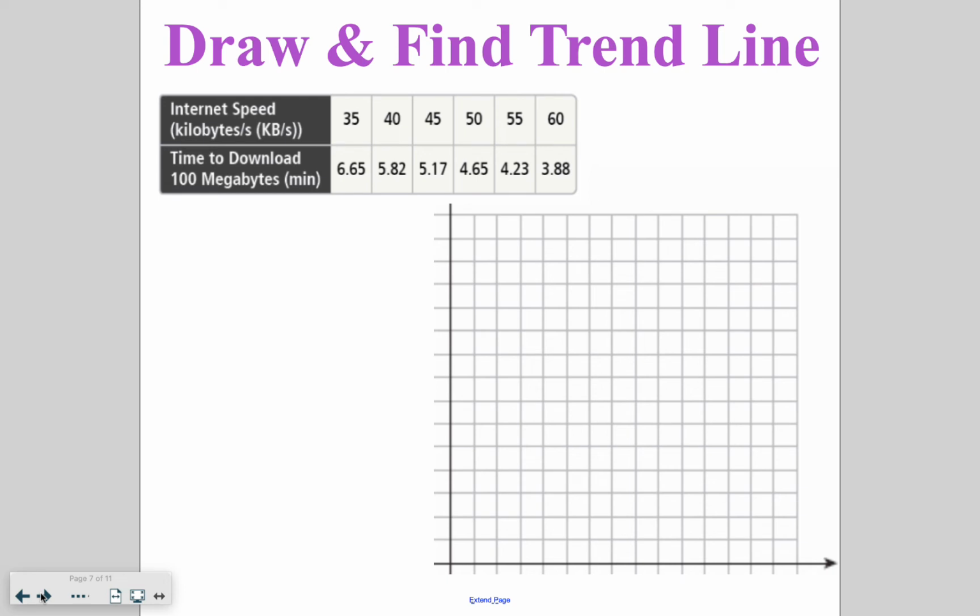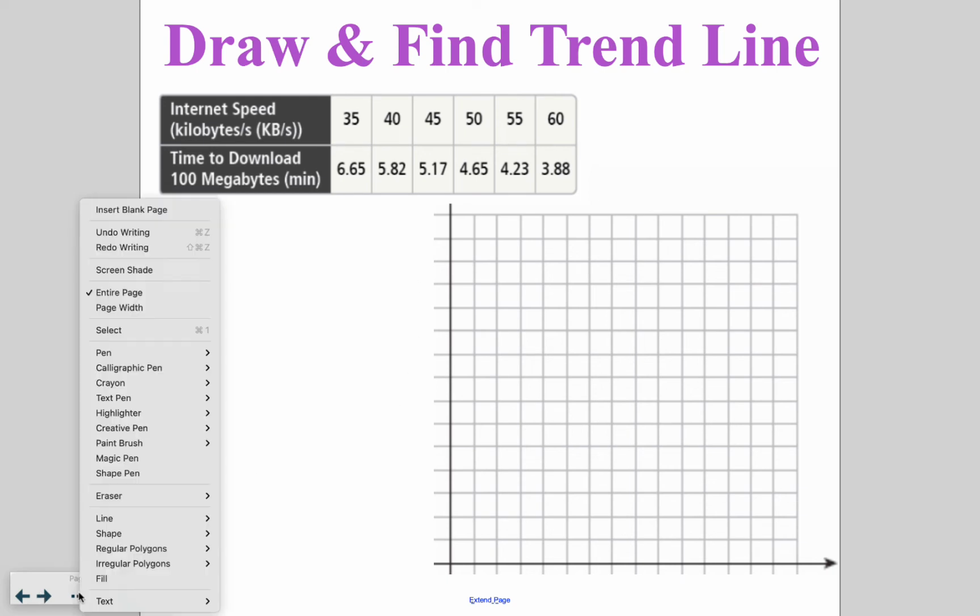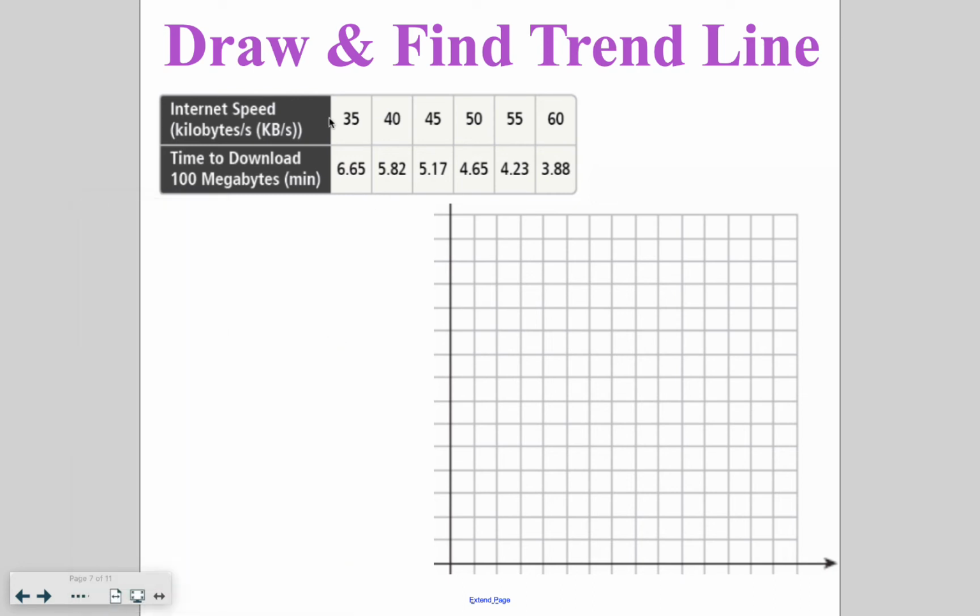Sometimes the graph is not drawn for us, and we're going to need to go ahead and create it ourselves. When you are doing this, you want to consider the scale of your graph. So on our x-axis, we're counting by 5s, and I want to try and use as much of the graph as I can, going from 35 to 60. So I'm going to use that counting by 5s, and I'm going to spread it out a little bit because we have some space. So I'm going to start at 25, and then I'm going to leave some space and go to 30, 35, 40,